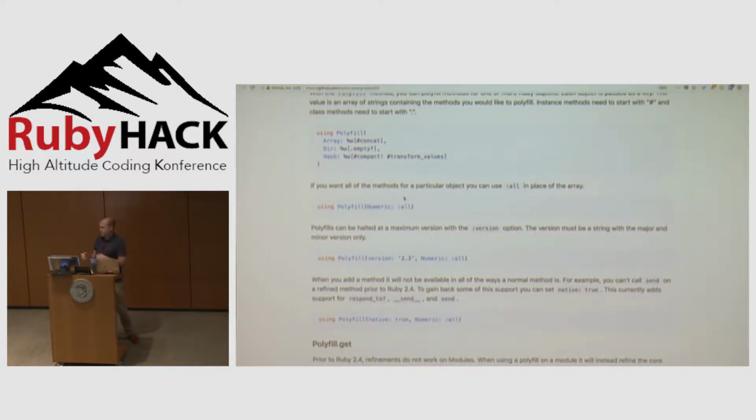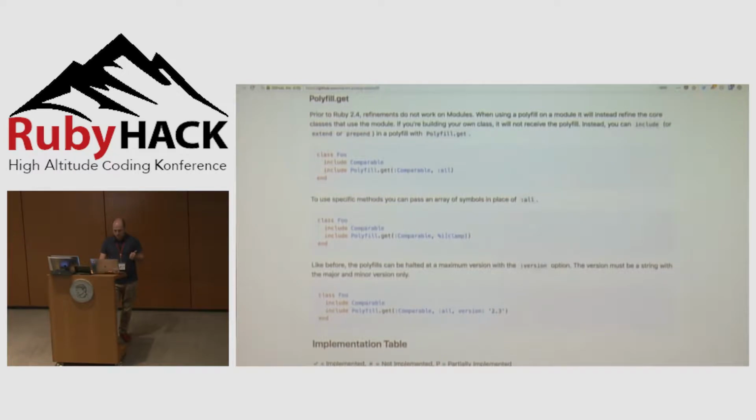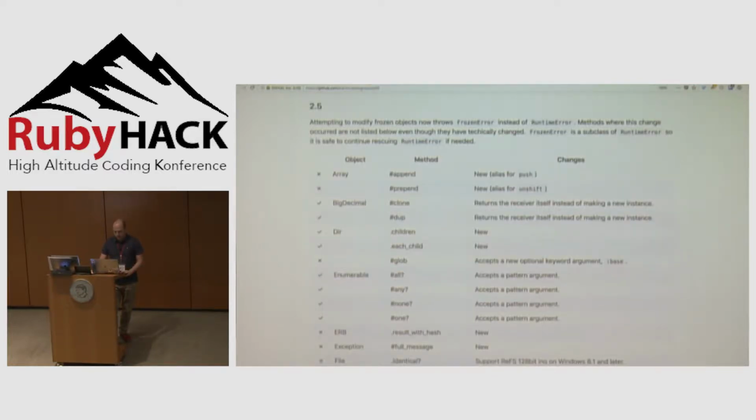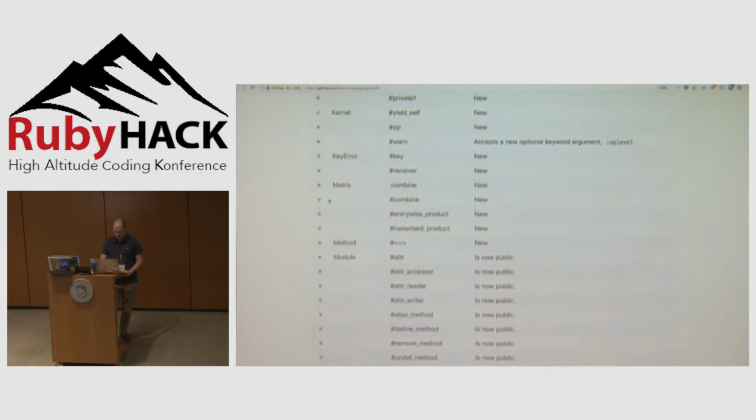And the nice thing about refinements is you can use these without monkey patching everything and messing with other people's code. So if you have a gem and you pull in Active Support, you destroy everything. So I built this out. It's got also the ability to include these if you are inside of a module, because that didn't gain support until after Ruby 2.4. And I've got a whole implementation table of things, and you can see a lot of X's over here,